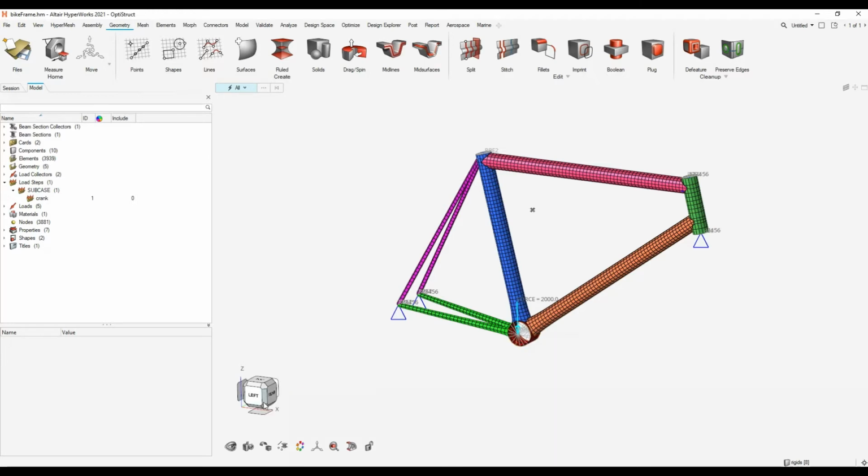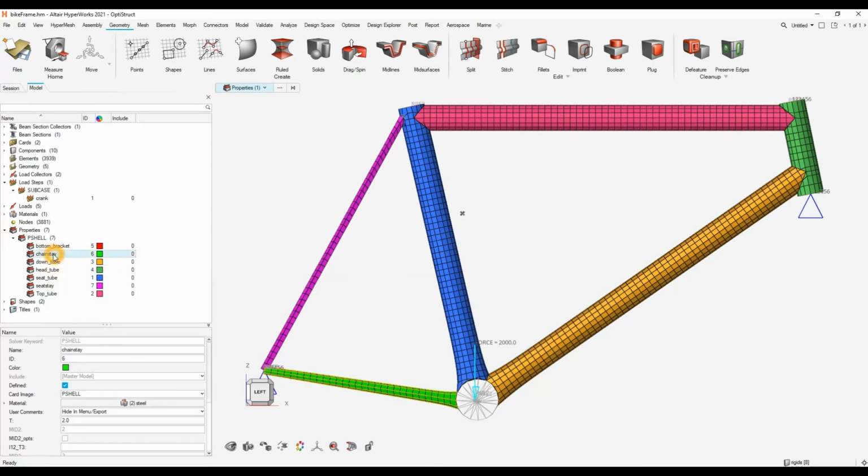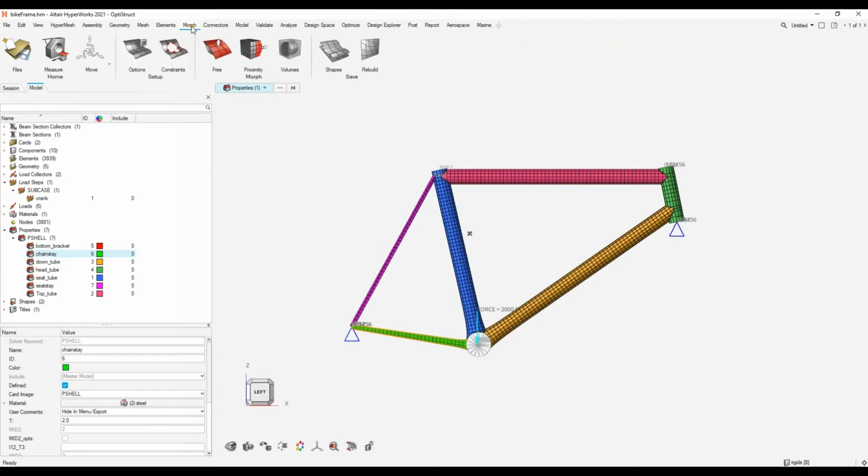So what we're going to do is first just look at the model that we're dealing with. We can see that we have quite a few different property cards, so each of them has a different thickness. Well, currently they're all the same at 2 mil. And just to add to our design exploration a bit, I'm going to morph the location of this part and see if it will have any effect on our final results. So if you head into the Morph ribbon and click on Free Morph, we're going to move